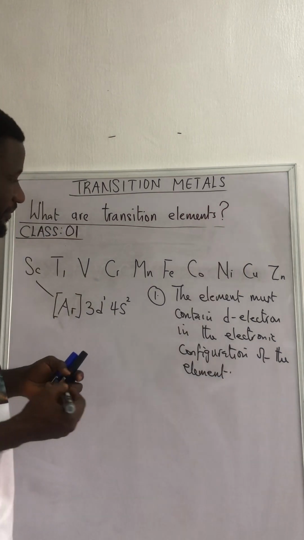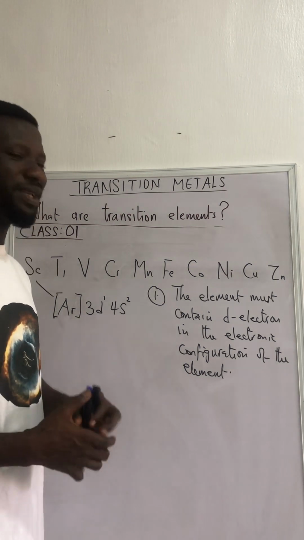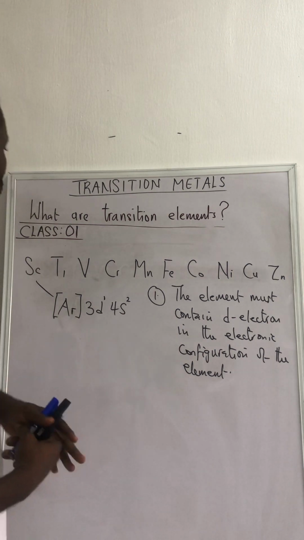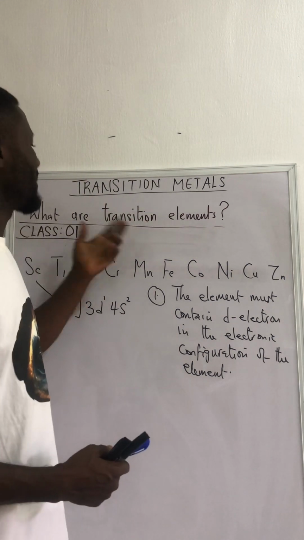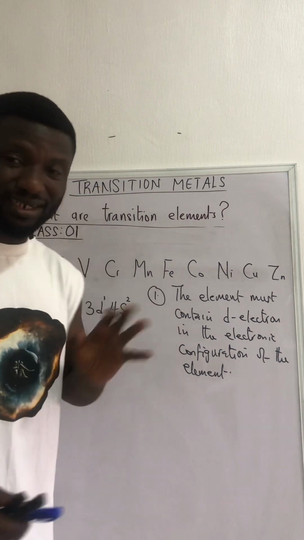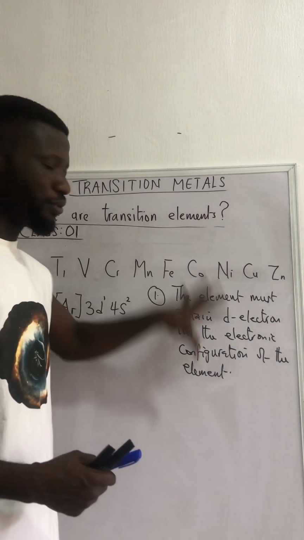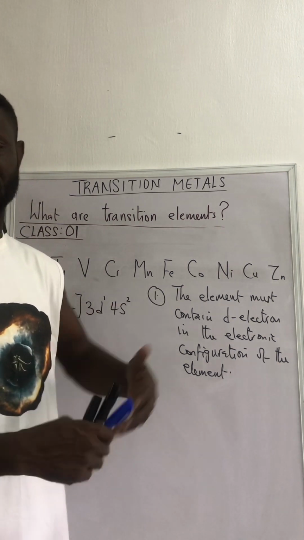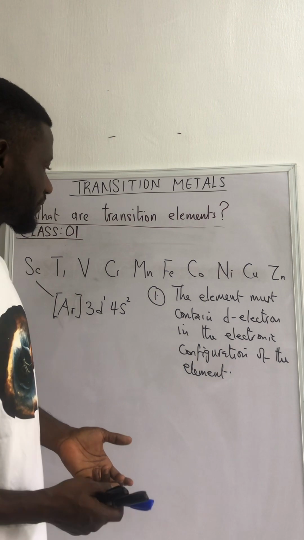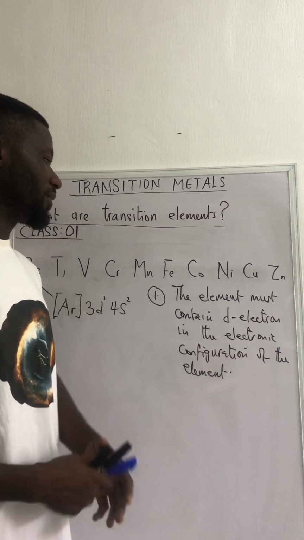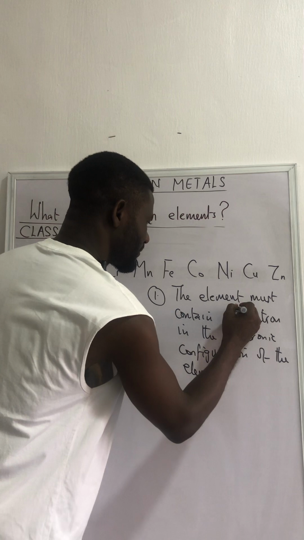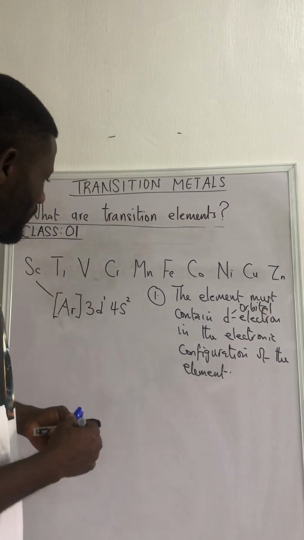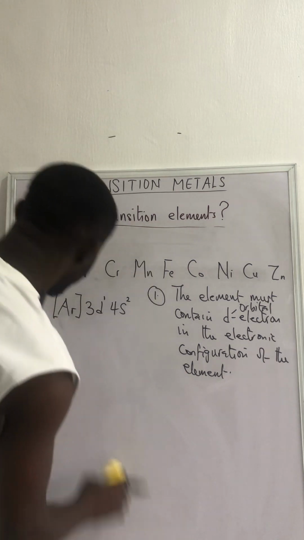Point number 1. Like I told you in all my videos, please do everything humanly possible not to cram anything. Okay, you want to define transition elements. And I'm telling you that the first criteria is that they must possess d orbital in their electronic configuration. So if I don't want to use d electron, I will use d orbital. D orbital in their electronic configuration. Number two,